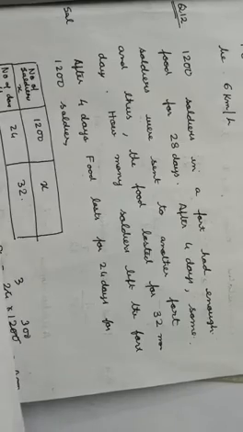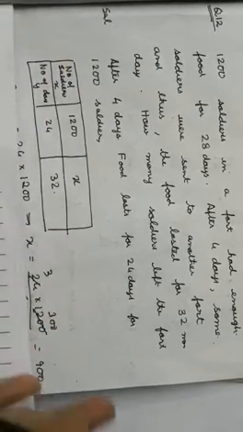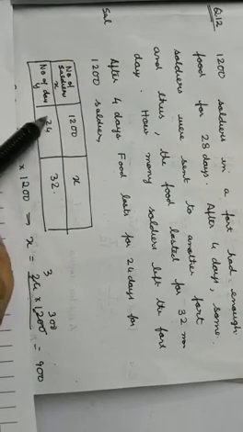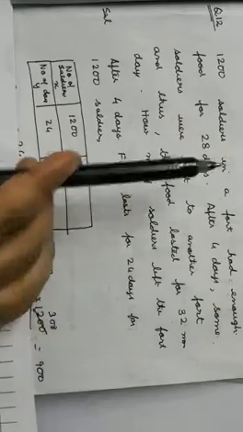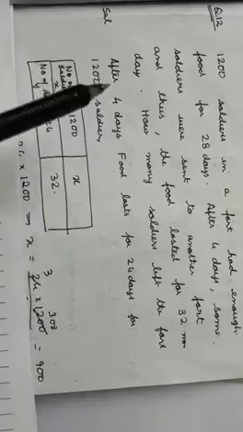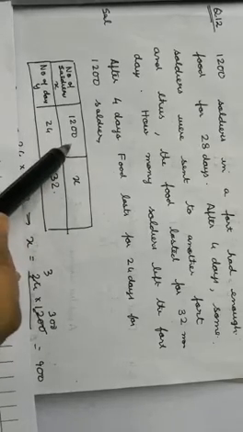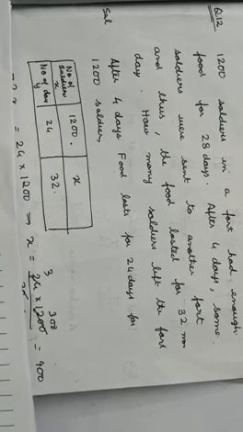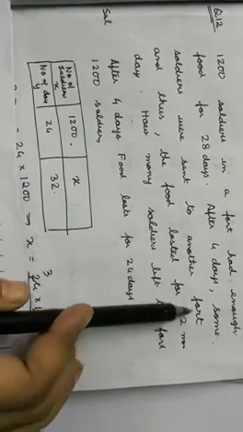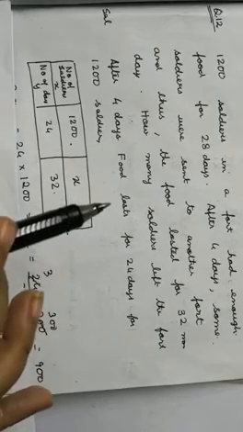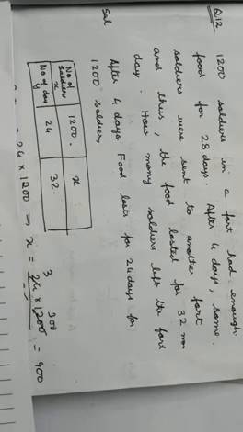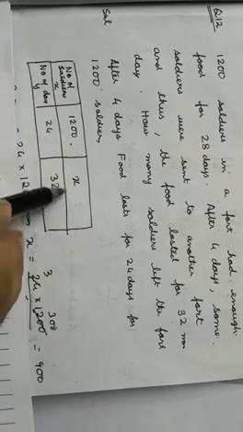Now see, I'm going to use up this part. If there are 1200 soldiers, food would last for 24 days. In the beginning it was supposed to last for 28 days, so after 4 days the food is already eaten. So after 4 days, for 1200 soldiers, the food will last for 24 days. But what has happened? Some people went away, and so the food lasted for 32 more days. Now the food is going to last for 32 days.